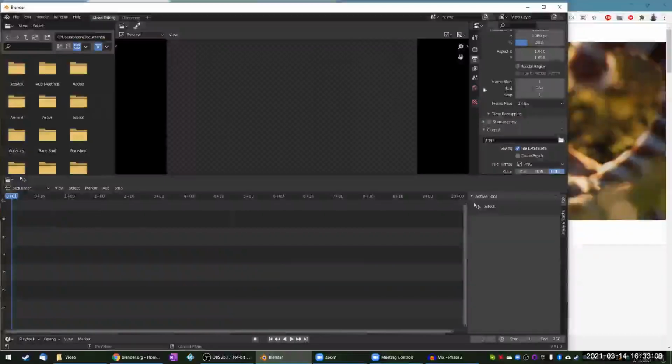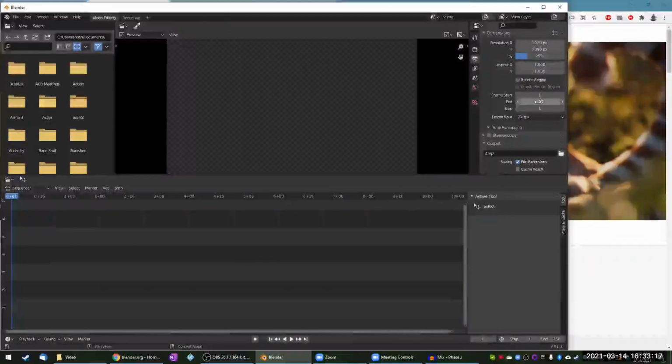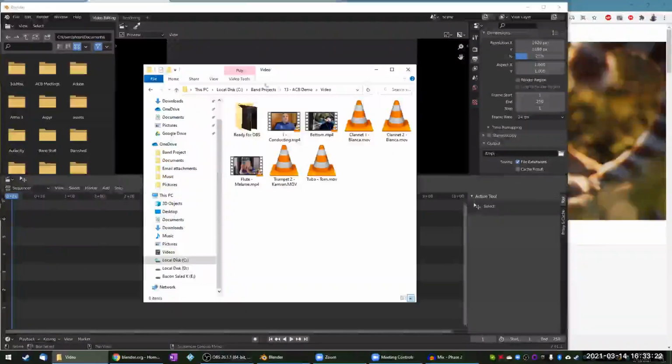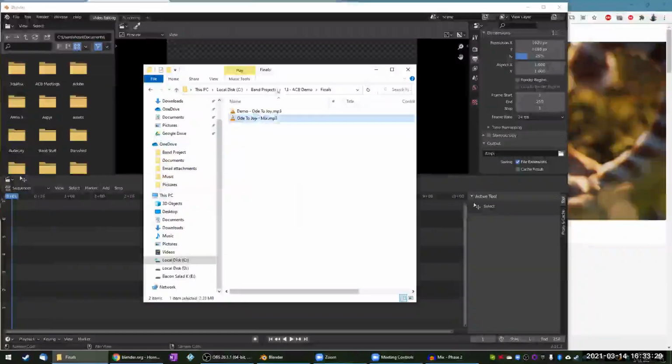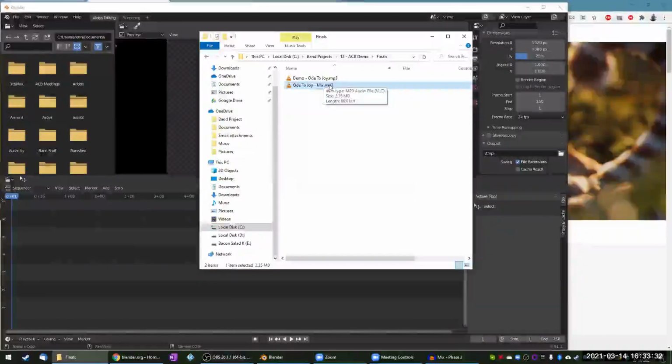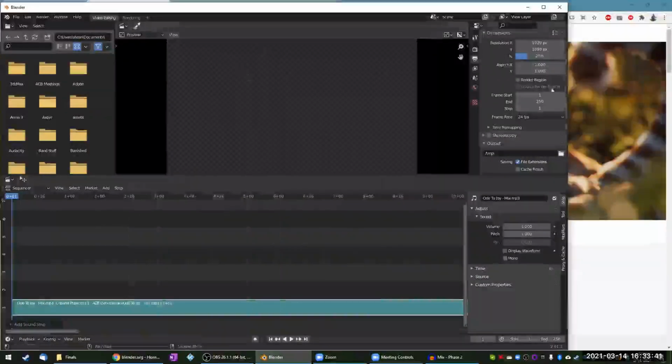Okay, great. So just showing the resolution here, and then I changed the percentage of that total video size. We don't know how many frames our project is going to be yet, so that's where we need to add our final audio mix to find out. For that, I'm just going to drag that from my folder right onto Blender, and that's going to add this green band here, which is my audio file.